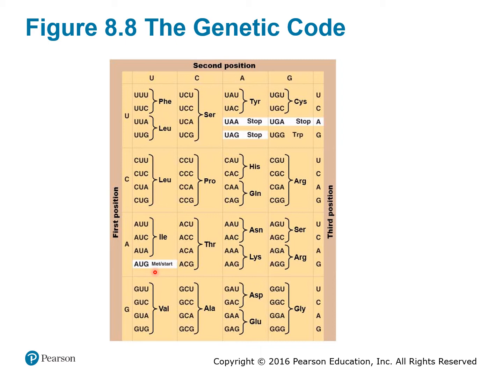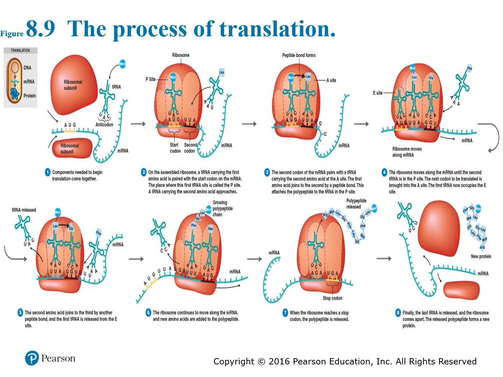The translation process begins when you see this AUG sequence within the messenger RNA. And then translation is going to stop when we hit any of these stop codons right here on the messenger RNA. Let's take a look at the process of translation together. So after transcription has taken place and the messenger RNA is right here,